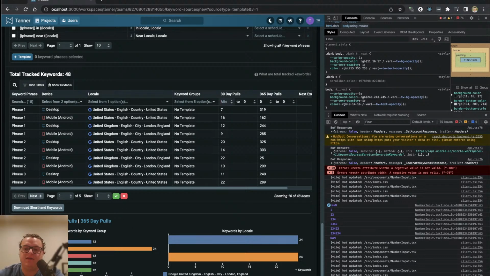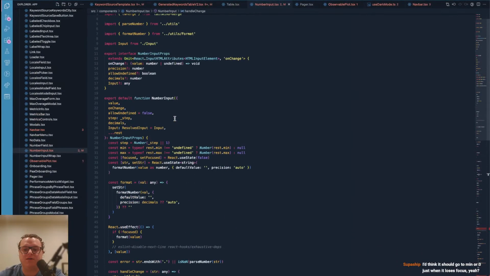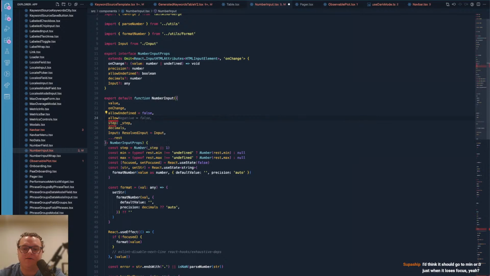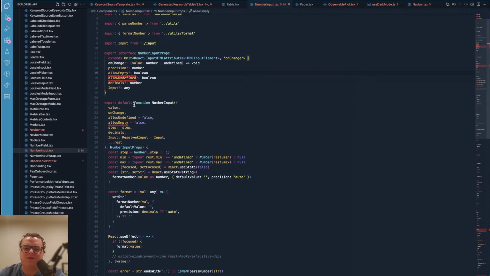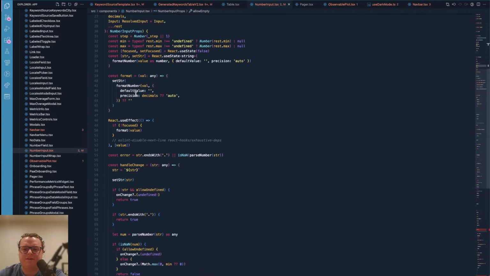Now if we go back to these and we blur out, there needs to be a second option where it's allow undefined, but also allow empty is almost what I'm looking for, if that makes sense. And allow empty is different because